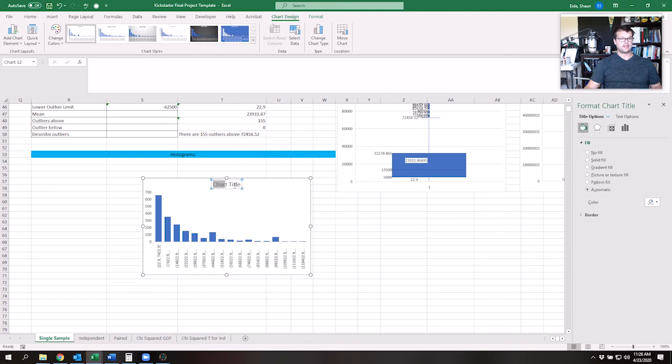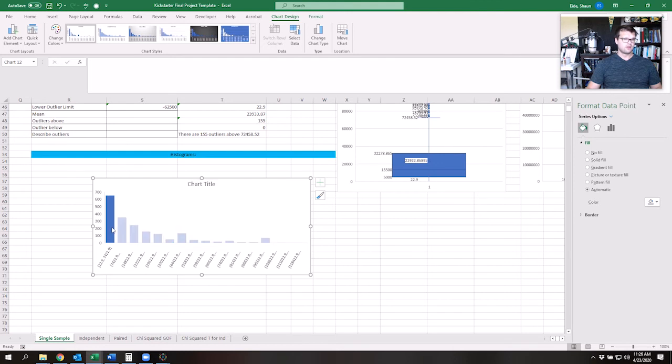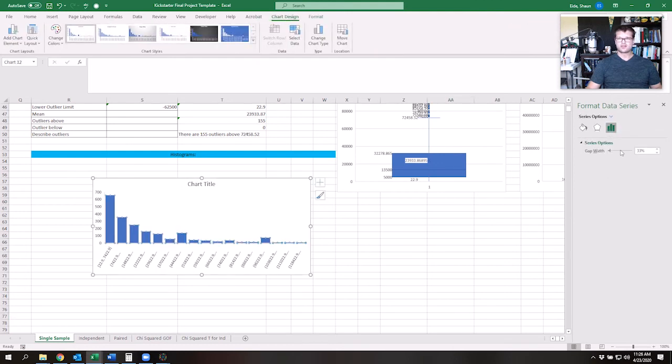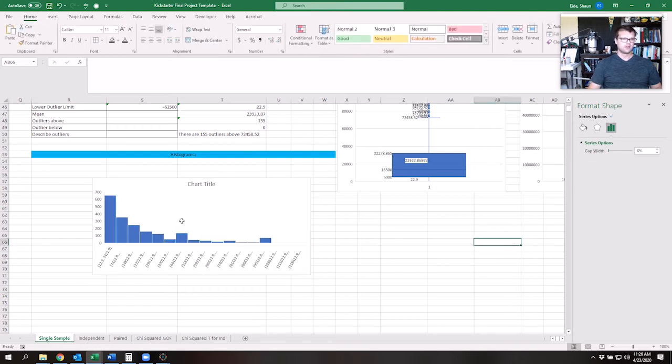and you'll see that it's severely positively skewed. So, and also, this is not actually a histogram. And the reason why it's not a histogram, why is this not a histogram? Because it needs to have a gap width of 0. Okay, so